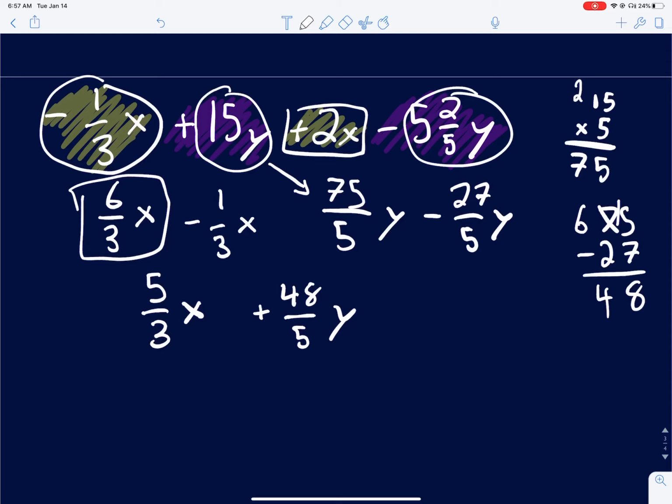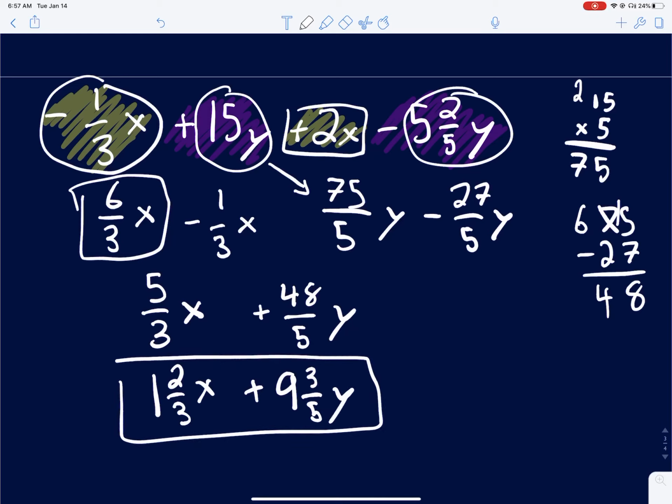Now, the toughest thing here is going to be converting those back into mixed numbers, but it's not too bad. 3 goes into 5 once, and there's 2 left over, so 1 2/3 x. 5 goes into 48 9 times, and there's 3 left over, so it's going to be 9 3/5 y. And you are all set. Don't let this last one confuse you. All we're doing is combining those like